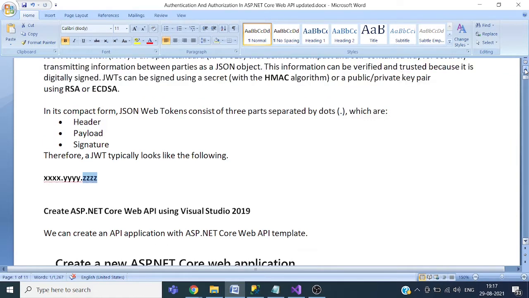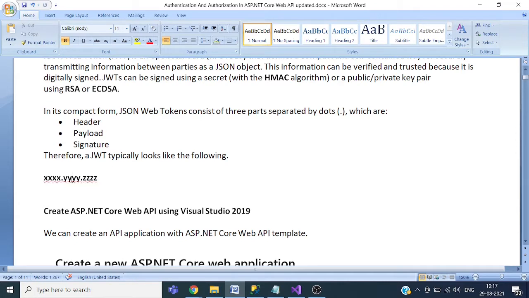This hash or signature part is computed using the base64 version of the header and the base64 version of the payload. So this signature is computed based on the data in the header and payload.